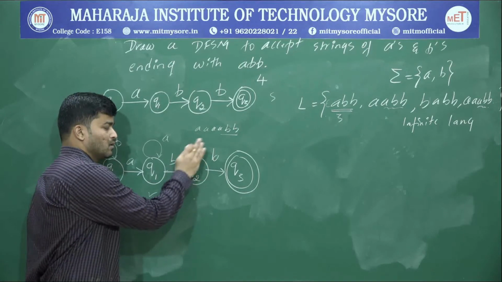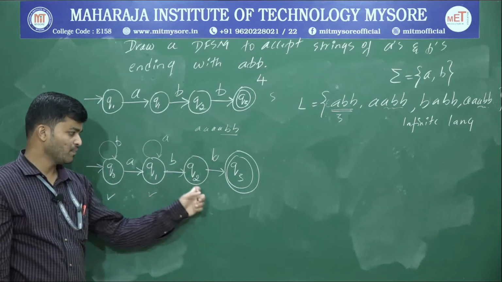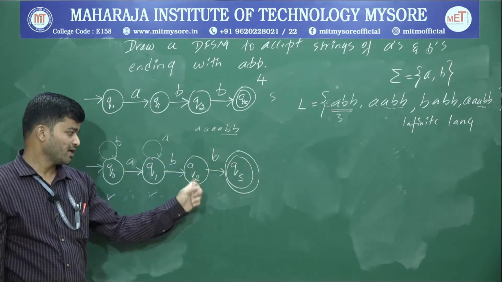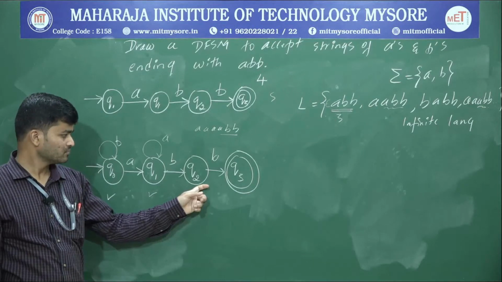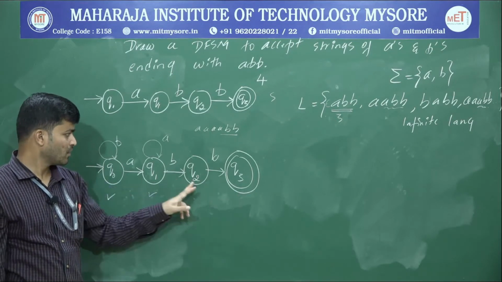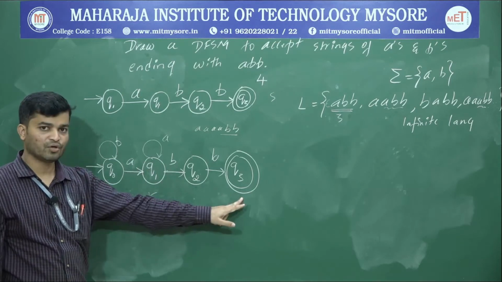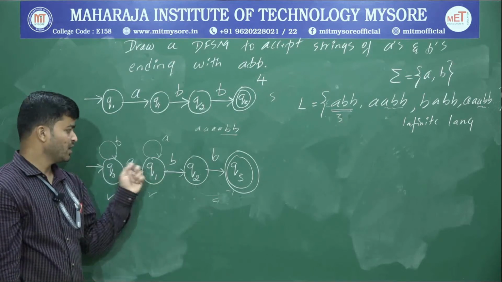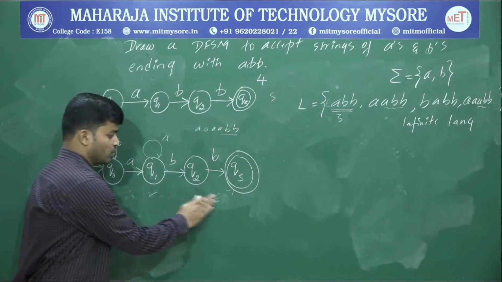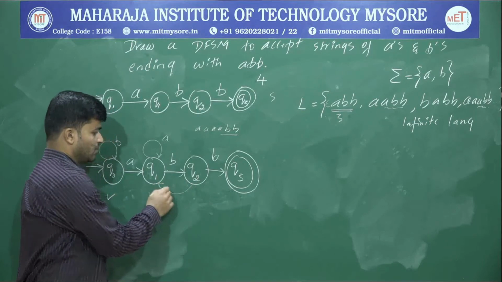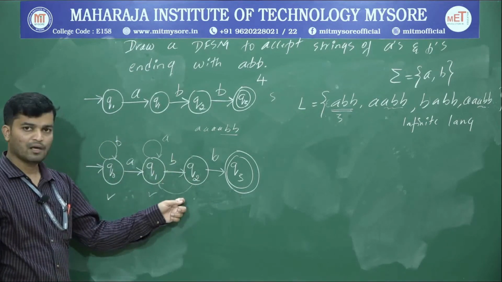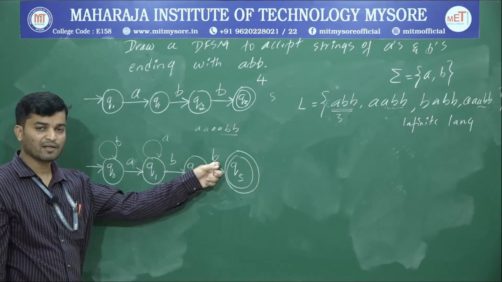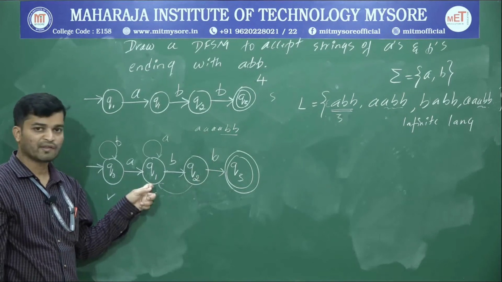Don't write the loop. Just remember, now I have to connect with the nearest state. Just remember what our requirement is: ABB. So if I connect somewhere, I will get ABB. If I connect here, upon A, I'll get ABA. So that's not a valid option. If I connect here, the string is going to end with ABA. So this is also not a valid option. If I connect here, so what will happen? ABA. Before going to the accepting state, it will accept 2 more B's. I'll get ABB. Therefore, connecting to Q1 is a valid option.